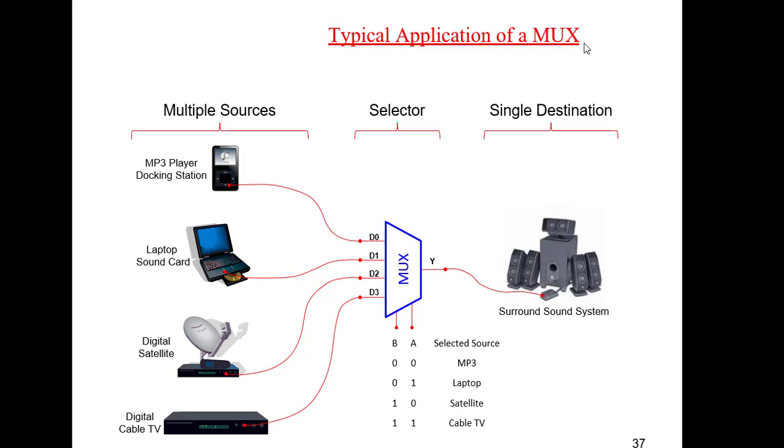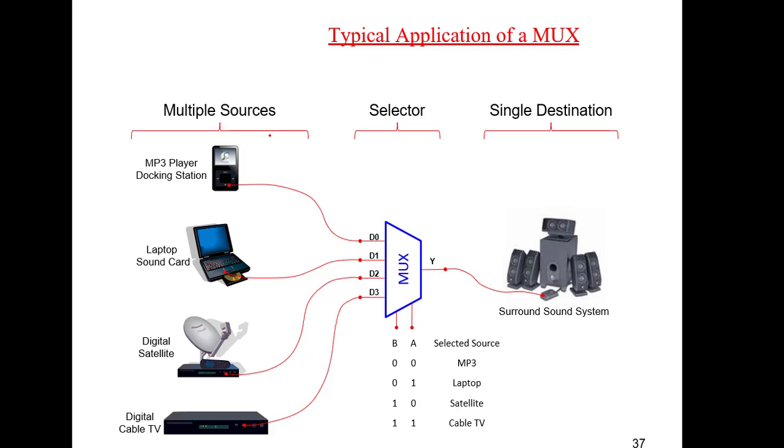So we have here, for example, 4 inputs: D0, D1, D2, D3. To select 4 inputs, I require 2 select lines. If I take only one select line, it can only switch 0 or 1, yes or no? To select among 4, I need 2 select lines. How to relate the select lines with the inputs? If it is 2 inputs, I can make one select line. If it is 4 inputs, we have to take 2 select lines. Why? Because you have to select 4 in different possibilities.